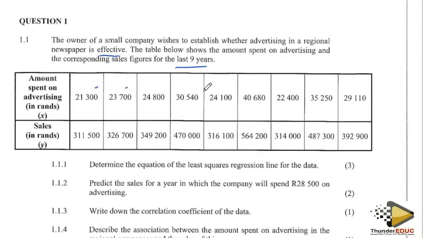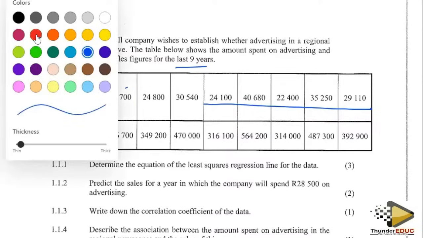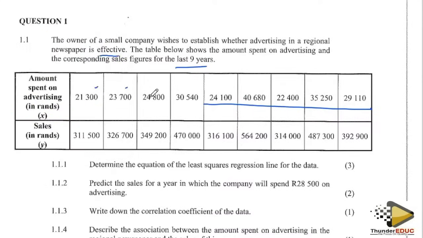So this is how much was spent on advertising. And then these are the sales, like the outcomes of the advertising after the advertising was done. Okay. So usually the values in the top row will always represent the X. In this case, that told us those are the X values, and then these are the Y values as well. Then